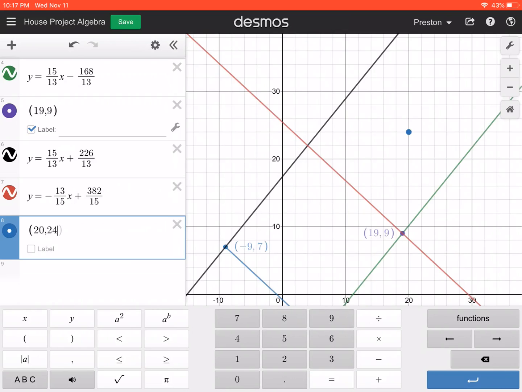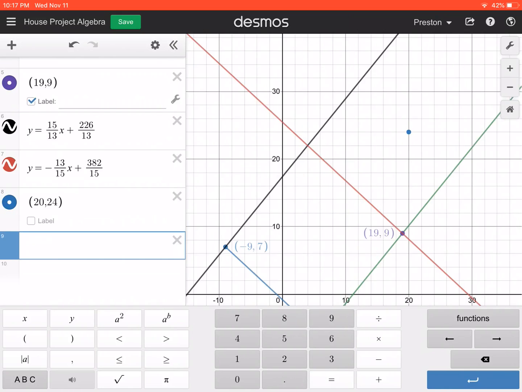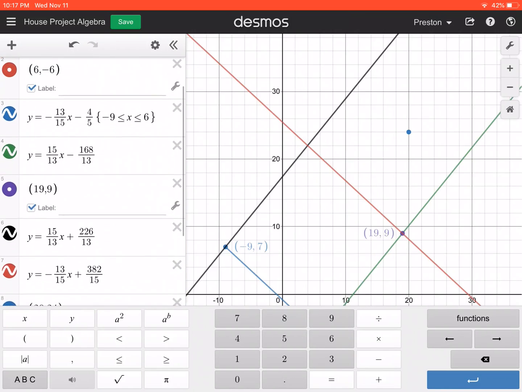So if I use the point 20, 24, I'm going to construct a line that goes through the point 20, 24 and 19, 9. So I have 2 points. I'm going to find my slope. Once I have slope, I'm going to put in point slope, put in slope intercept form, and then I'll construct that one. And for all of these, remember,